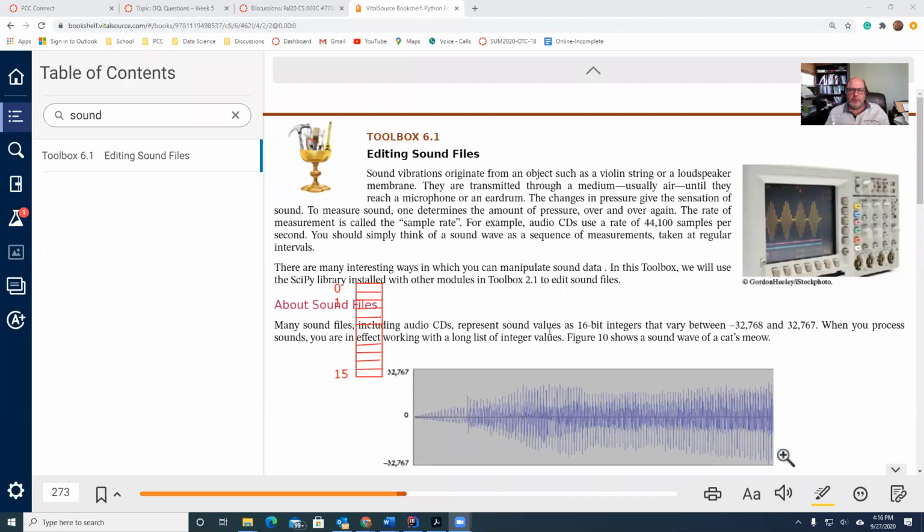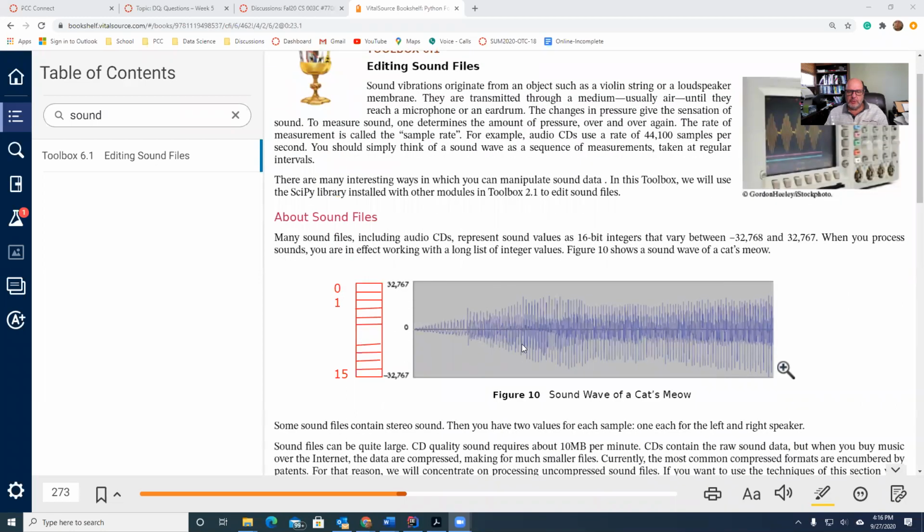Hi, I want to talk about the Toolbox 6.1, that's editing sound. So that's what we're going to be talking and working on this week with the sound. Remember that every time we talk about something that's digital, that means it's in binary. So we're going to look at the structure of how the sounds are stored in binary. Binary means this is zeros and ones. And then we're going to be talking about some simple work with the sounds and how we can modify